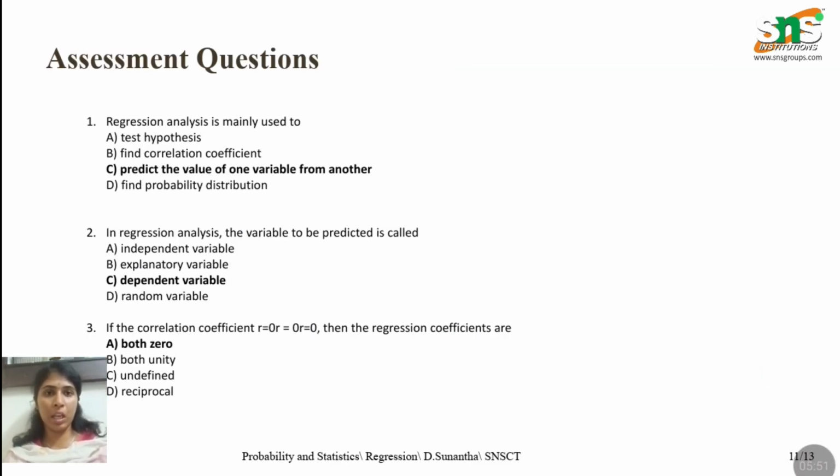Before that, let us see an assessment question. Regression analysis is mainly used to predict the value of one variable from another. In regression analysis, the variable to predict is called the dependent variable. If the coefficient of correlation is 0, then there is no